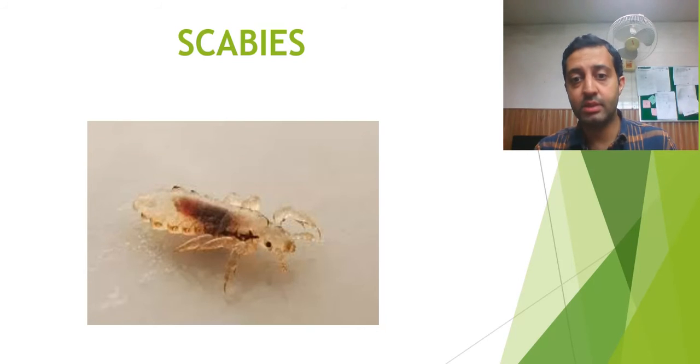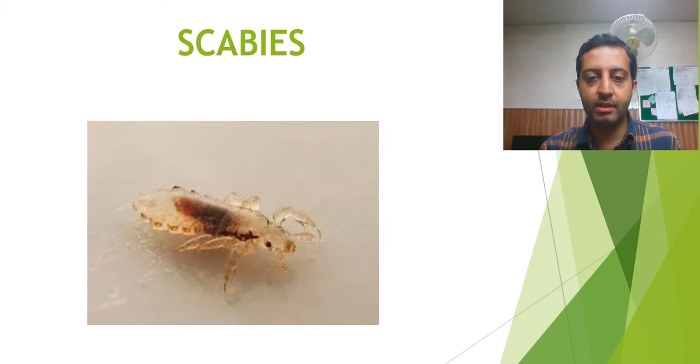This bug, Sarcoptes scabiei, also called a mite, forms tunnels below the skin, or it actually burrows the skin where the female might hatch the eggs, and due to this burrowing or tunneling,